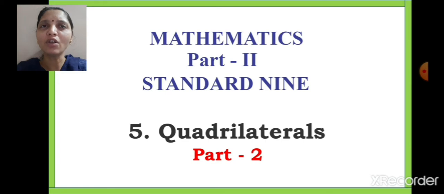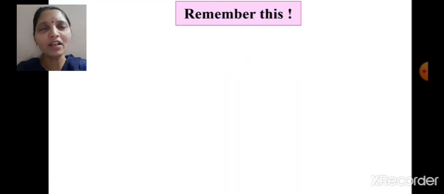This is the second session on quadrilaterals, and in the previous session we have learned about the definition of quadrilateral, different kinds of quadrilateral and their properties. Okay, so what is the definition of quadrilateral? Yes, a closed figure with four sides is called a quadrilateral. Then we have seen 5 types of quadrilateral. Which are the 5 types we have seen? Yes, parallelogram, rectangle, rhombus, square and trapezium. We have also seen different properties of these quadrilaterals.